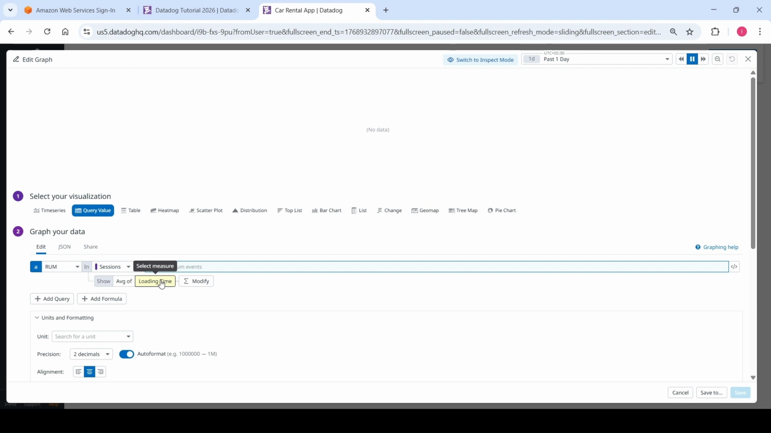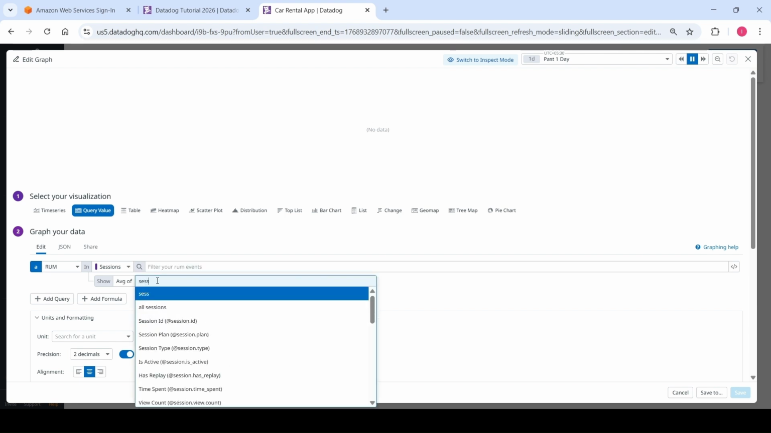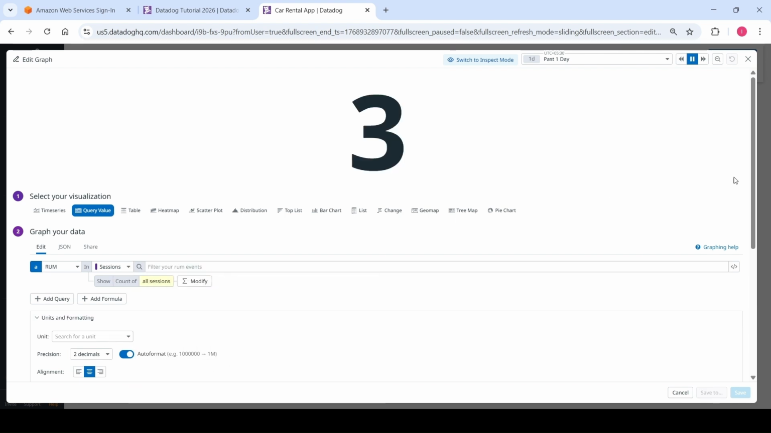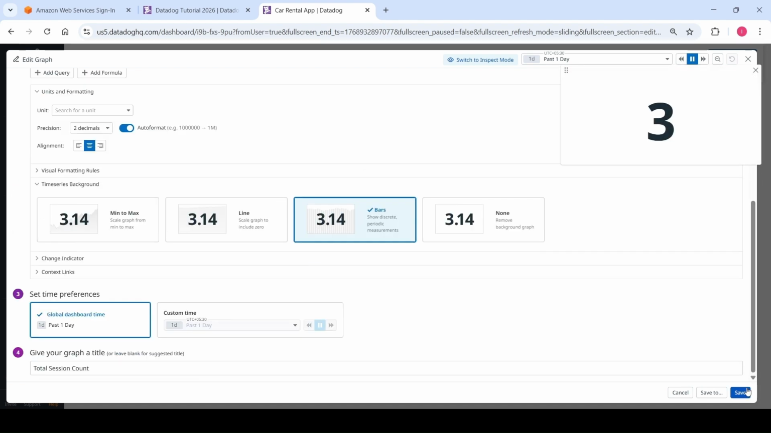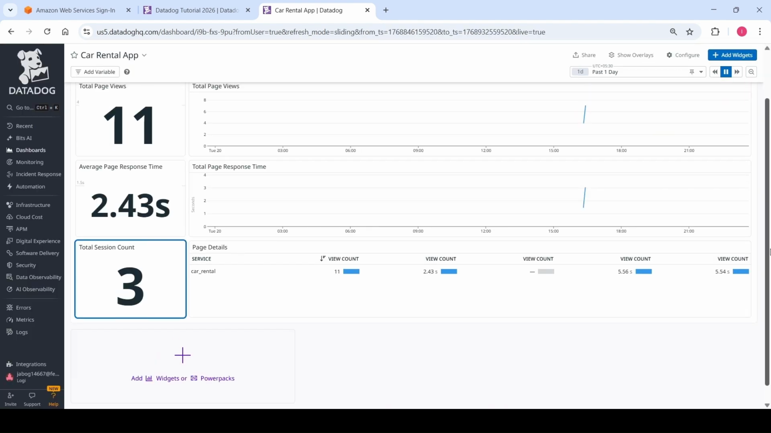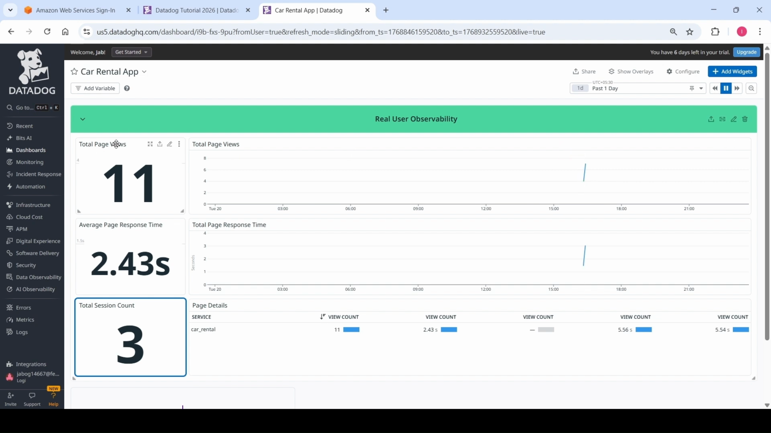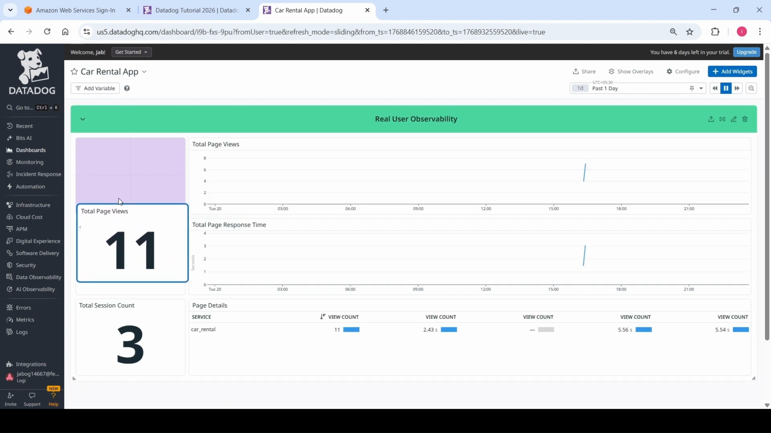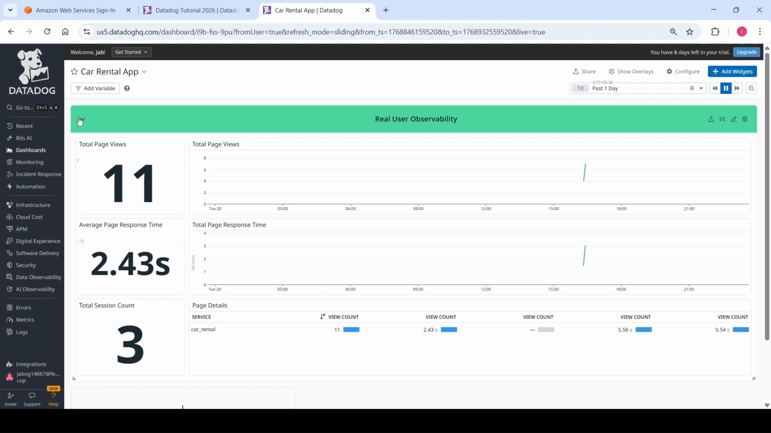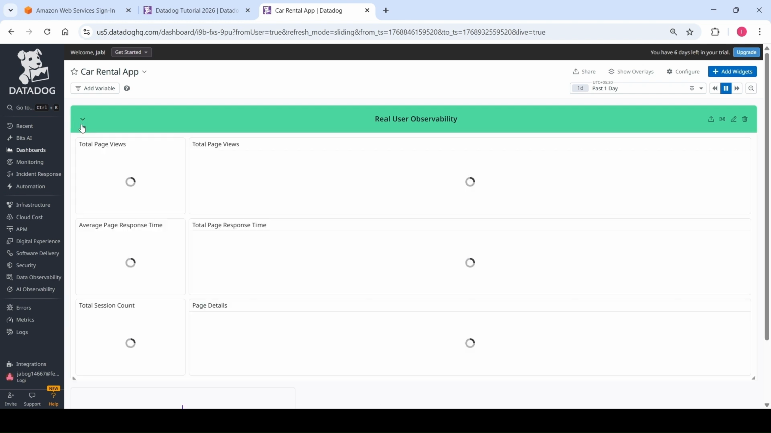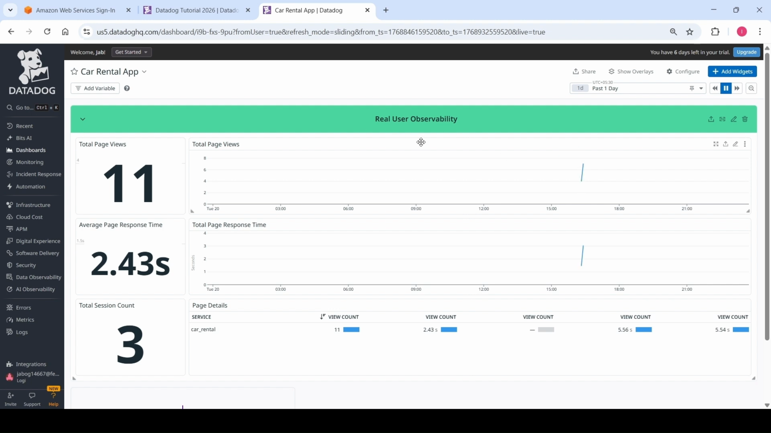So this will be session, all sessions. So I can get this count. So we have a decent chart now where it's all in the group. So I can see from our application front-end perspective, how many pages, the trend, average response time, total session, each page view count. Okay, we'll have to rename this